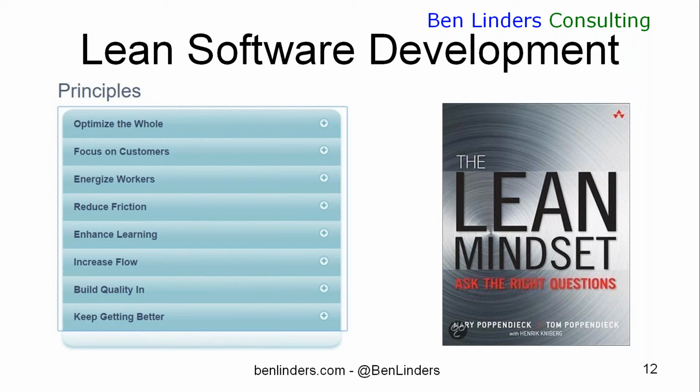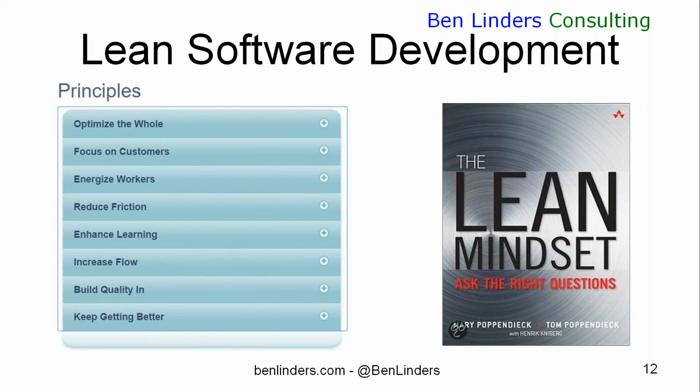I think reduce friction can be a very important part if you look at DevOps again. Look at what is making it difficult for people to do their work. What is making it difficult for people to prepare software for release or to release software to your customers, to really deploy software? Find out what those difficulties are and how you can reduce them, making it easier for people to get software out there into the hands of the users.